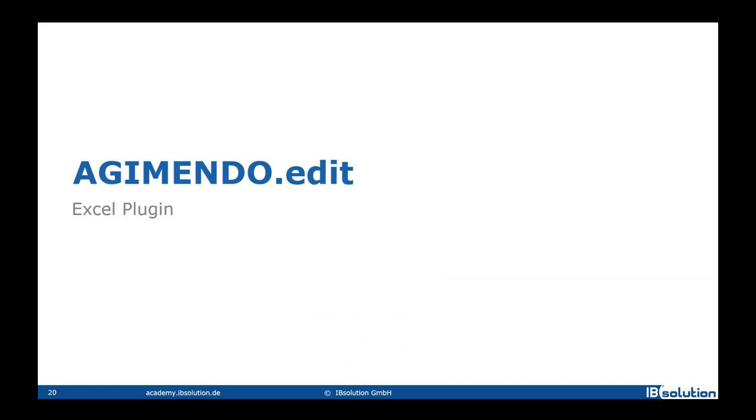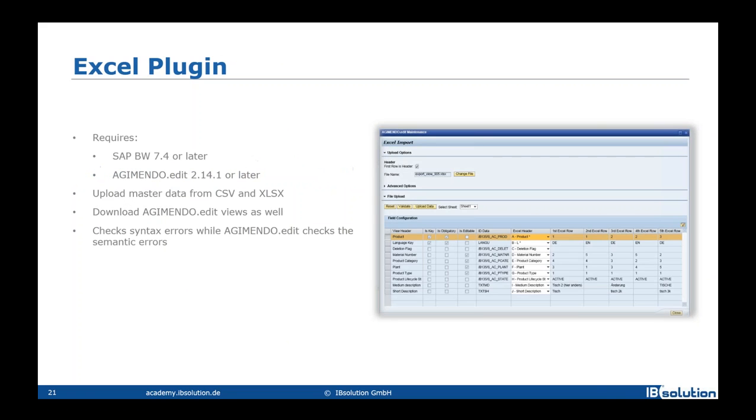So last but not least, the new Excel plugin has arrived for Agimendo.edit in the last month or two. There is actually an error in this slide. It requires SAP W 7.3 or later, and is working for Agimendo.edit 2.14.1 or later, and it allows you to